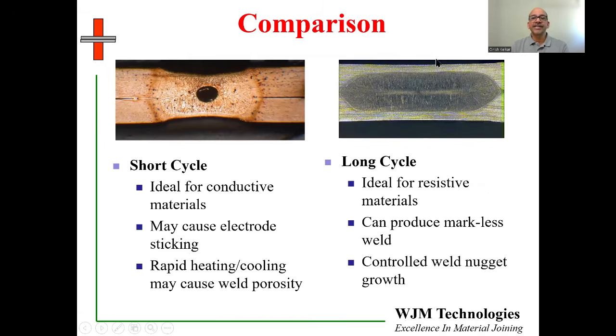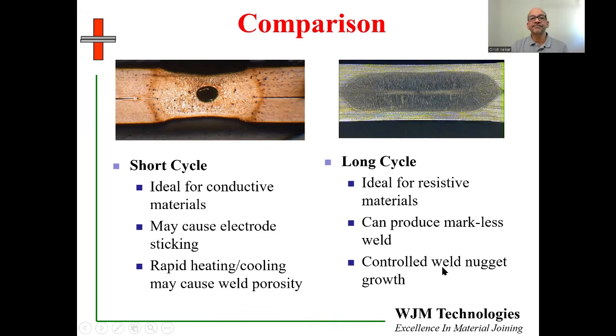On the other hand, the long cycle weld, which is ideal for resistive materials such as steel, stainless steels, Inconels, titanium alloys, and so on, can produce a weld nugget which is completely contained inside, and yet there is almost no effect of that weld from the outside. Because it's a long cycle weld, it allows the electrodes to conduct the heat away from the surfaces and maintain a fairly much lower temperature close to the surface, which is in contact with the electrodes. The net result is we can produce a markless weld, and we can very carefully control the size and shape